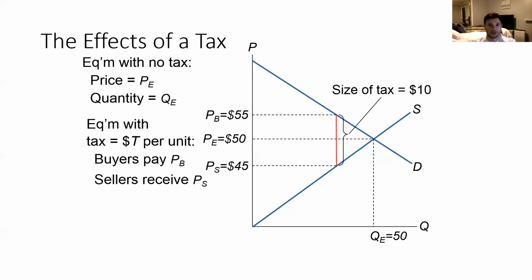Okay, note also in this case that the government is an agent in the market now. It is collecting a piece of economic pie, and we treat that revenue as a positive piece of pie. Okay, so I hope that answers the questions regarding an analytical example of implementing a tax in the competitive market